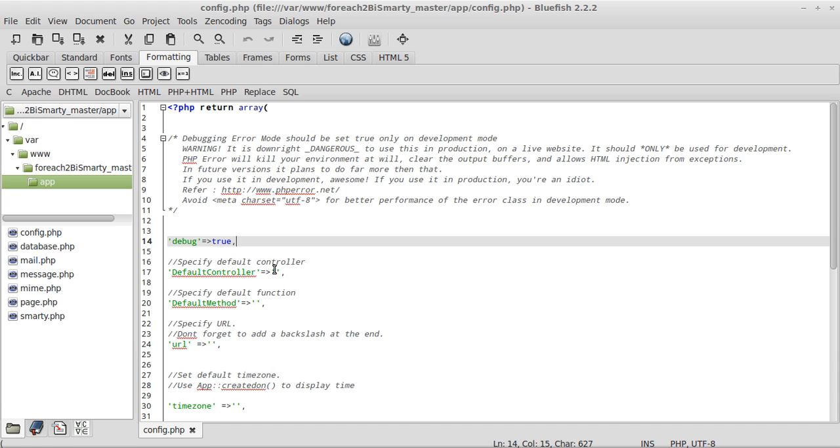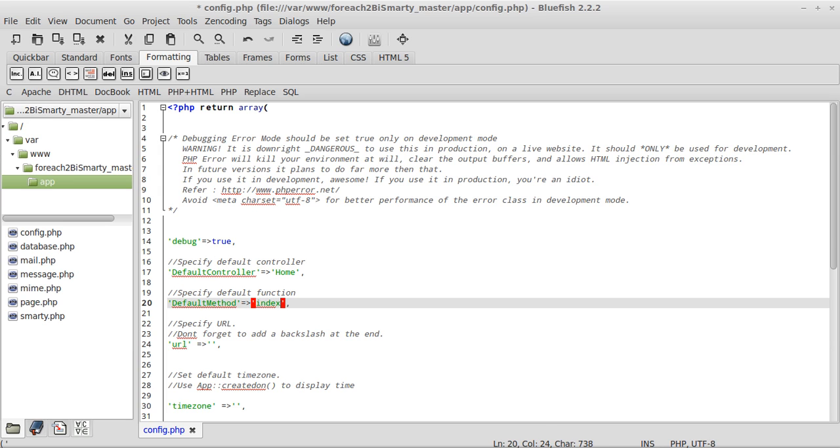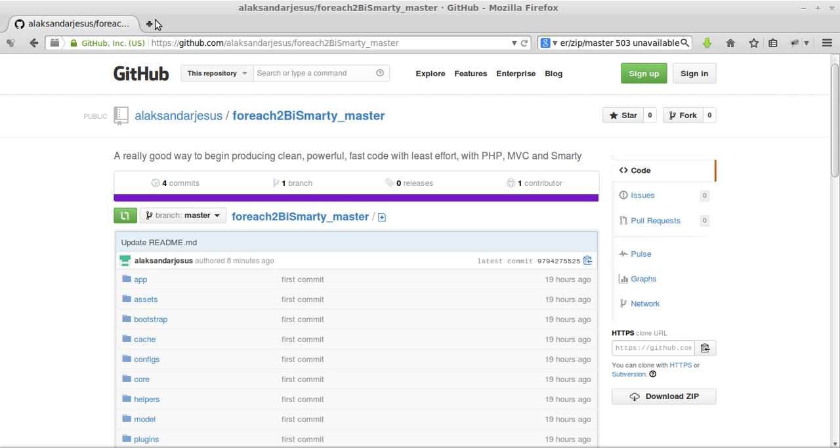You need to mention what your default controller is. For my example, I will have home as my default controller and my default method will be index. Make sure this index function is present in all controllers. And I need to specify my URL. What is my URL? It will be http. Instead, I will just copy and paste it,